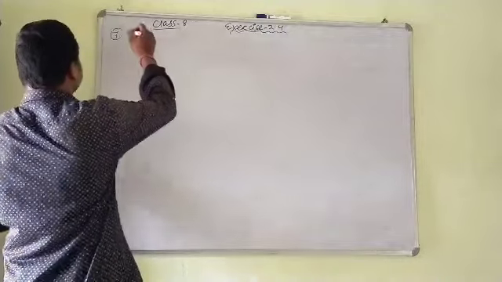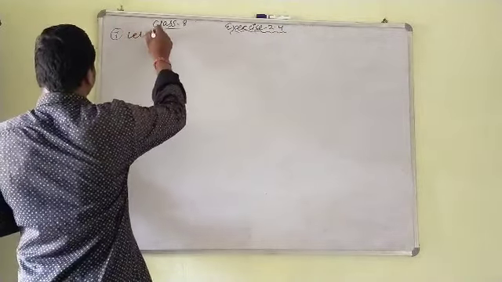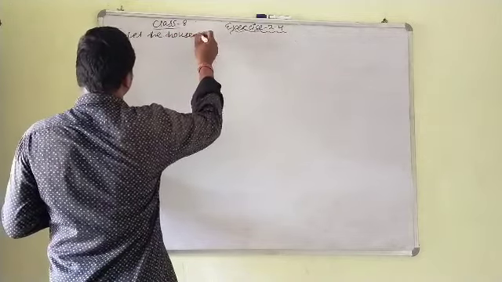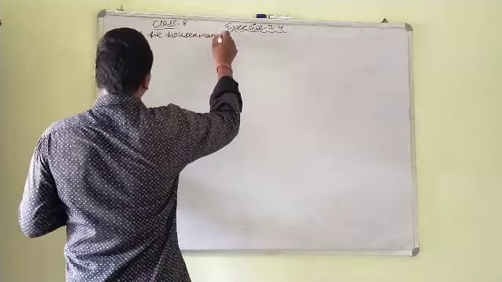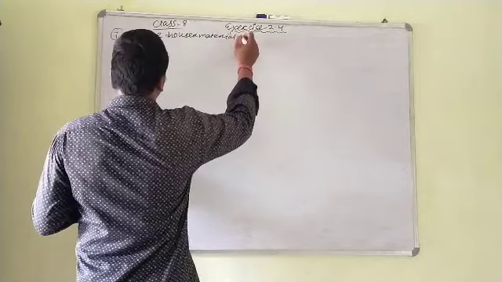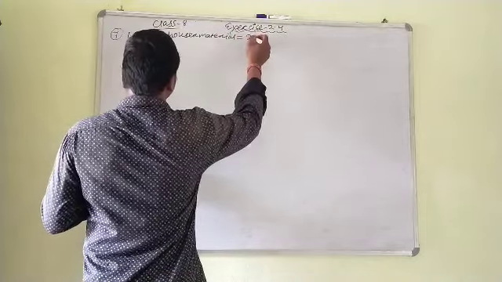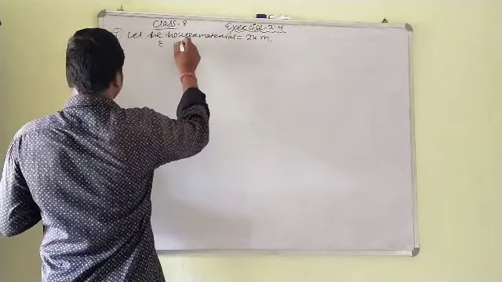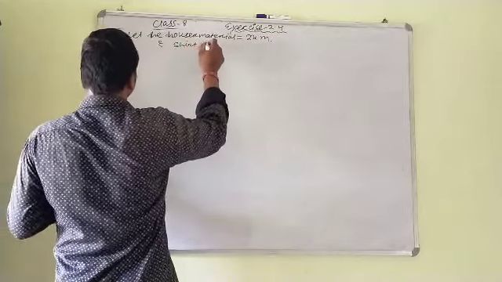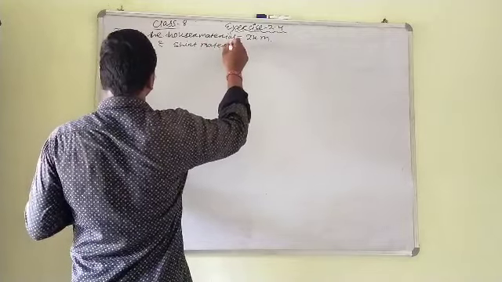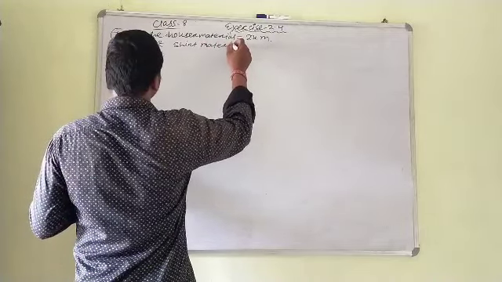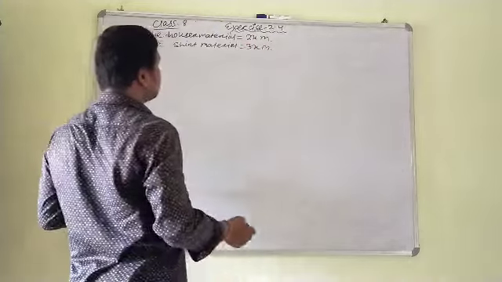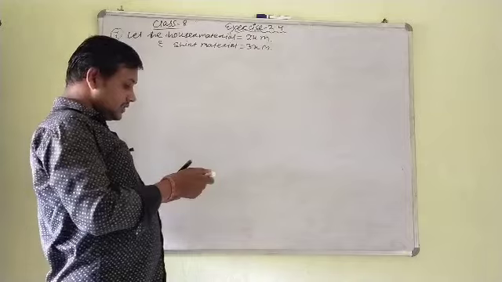So let us write, let the trouser material equal to 2x meter and shirt material equal to 3x meter. Okay, and hence given here